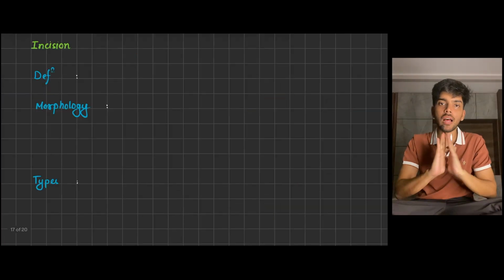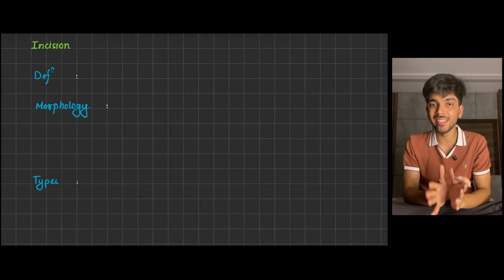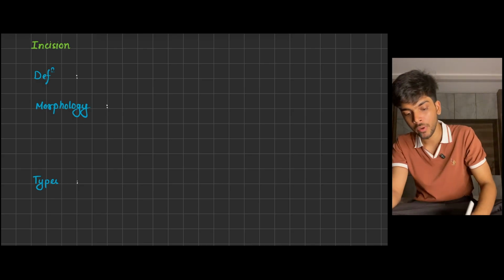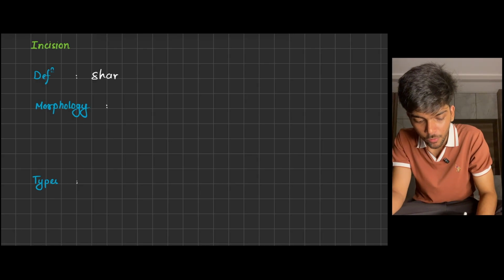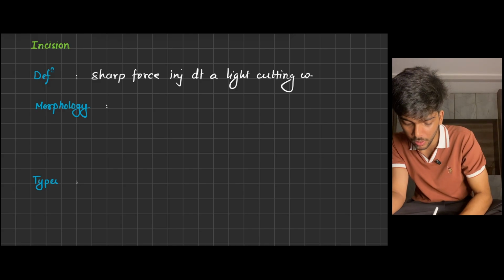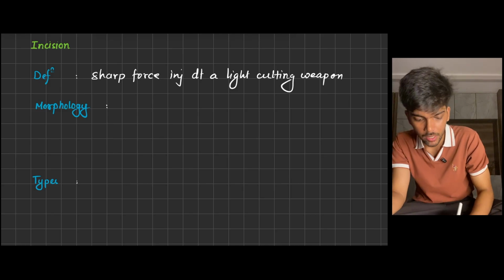Next up, we have sharp force injuries, which include incision by a light cutting weapon and chop by a heavy cutting weapon. So incision is a sharp force injury due to a light cutting weapon like a knife or a scalpel. Morphologically,